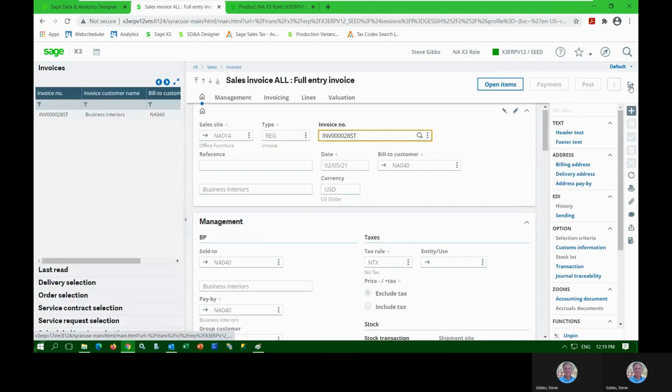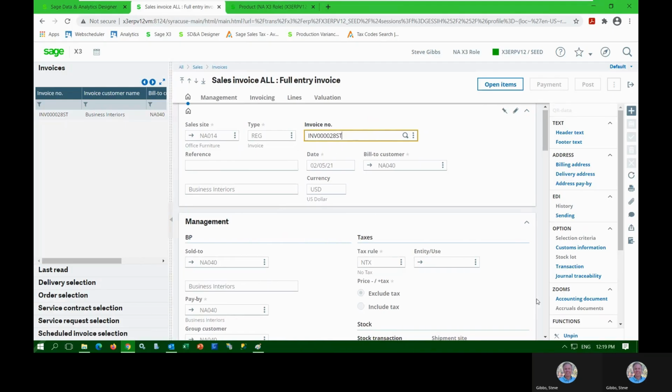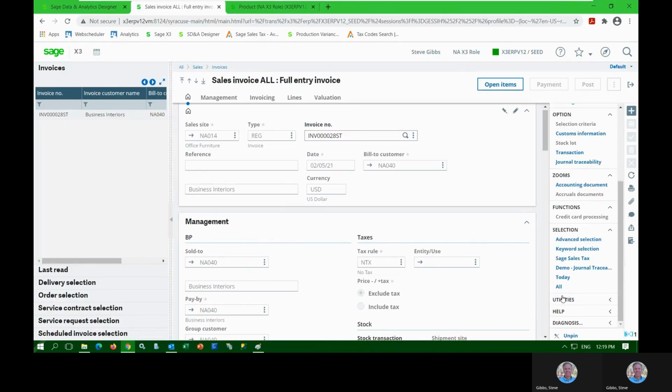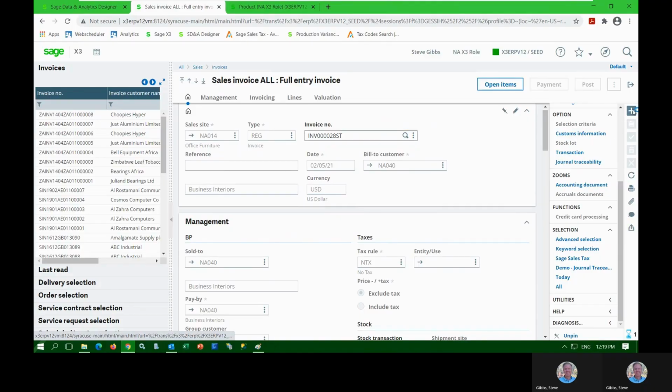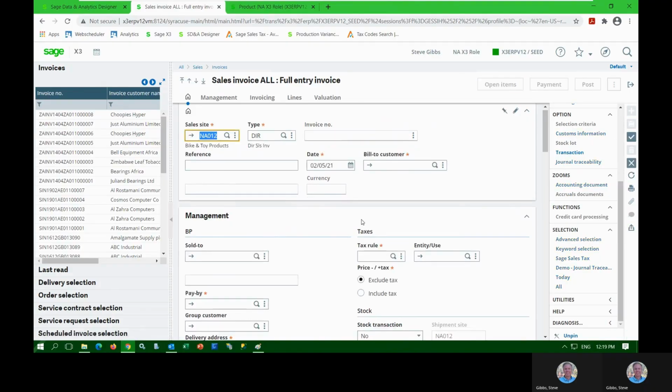It's on the AP side as well. We're looking at it on the AR sales side right now. So let's go in. We're going to do a new invoice. I'm going to click this plus button. Before we actually enter this transaction, the key point I want to make here is that